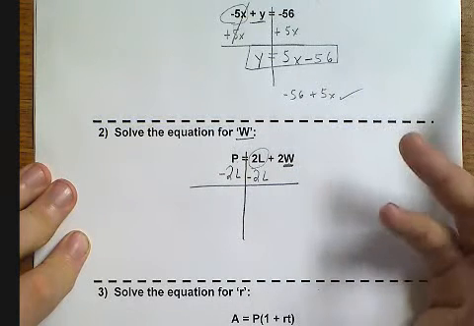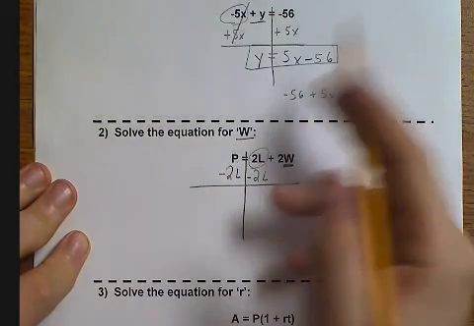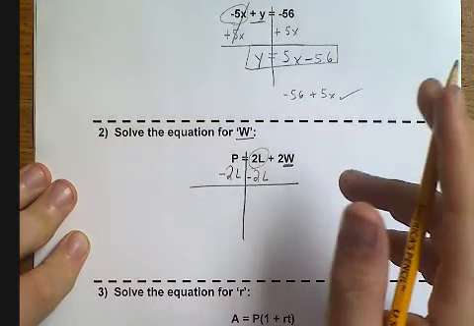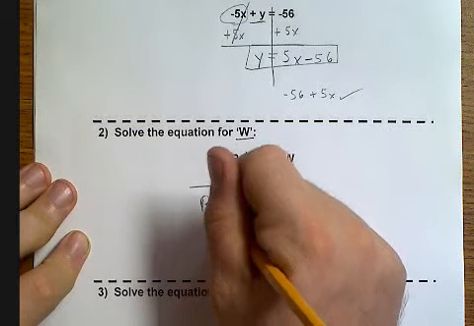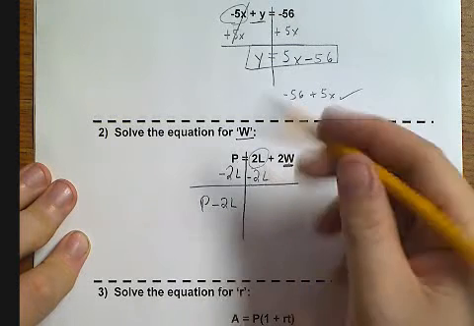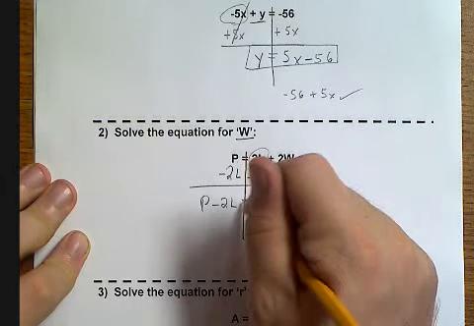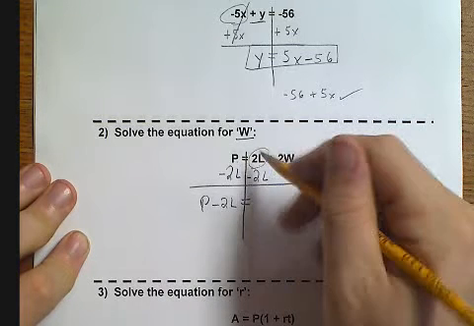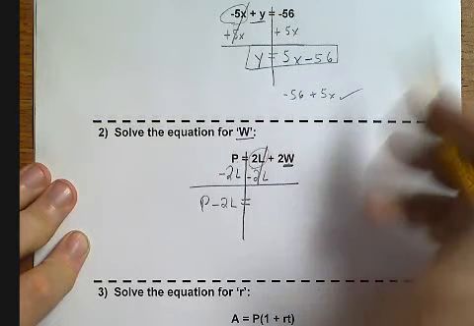Because the variable is not the same, we can't just combine them. No, we actually have to write them side by side, and I'm going to write it as P minus 2L. Again, I'd rather not lead with a negative number. When I say equals, well, 2L minus 2L, that's 0, so it has canceled. And I'm left with